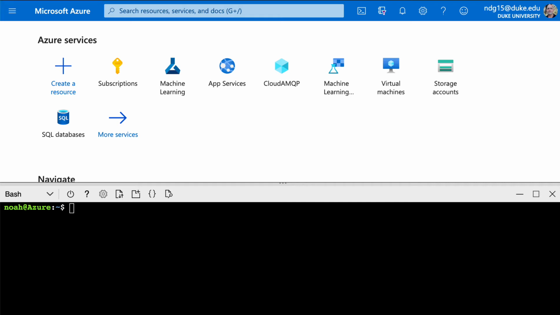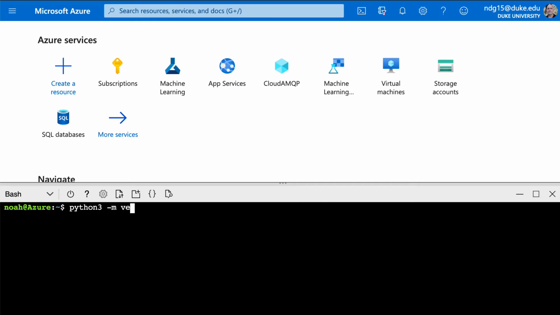Now that we've got Azure Cloud Shell set up, let's go through and set up a Python project and get it tested locally and then get it tested in GitHub Actions. So the first step here would be to create a Python virtual environment. I'm going to use that same scaffolding project, so I'll name the virtual environment after that scaffolding project. So I'll type in Python